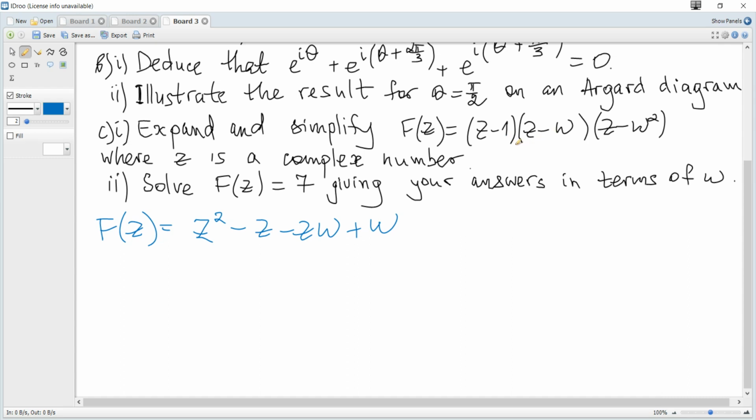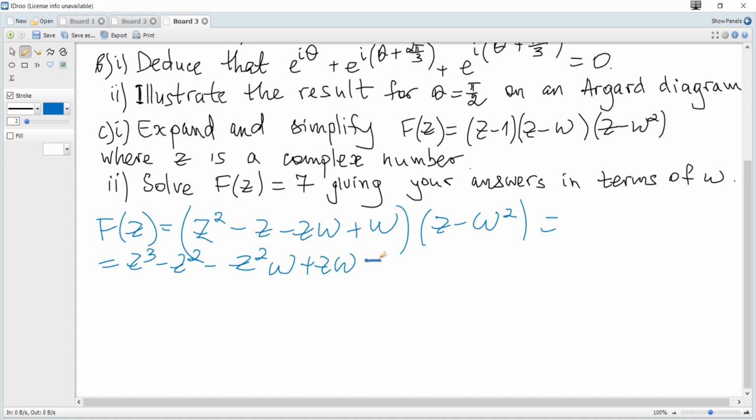plus omega and minus z omega, and multiplied by z minus omega squared, and it is equal to z cubed minus z squared omega plus z omega minus z squared omega squared plus z omega squared plus z omega cubed minus omega cubed, and is equal to,